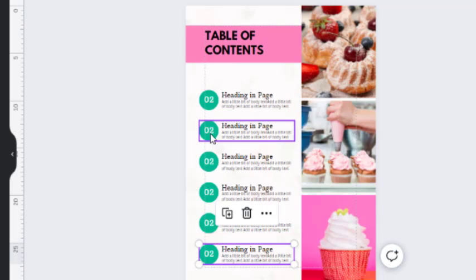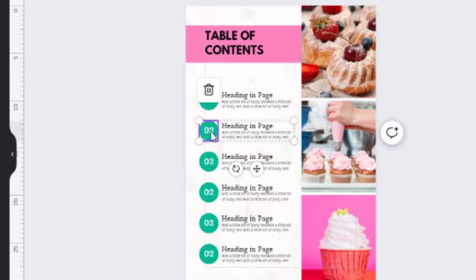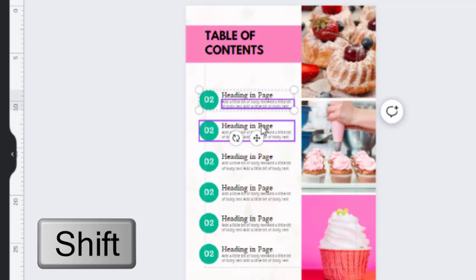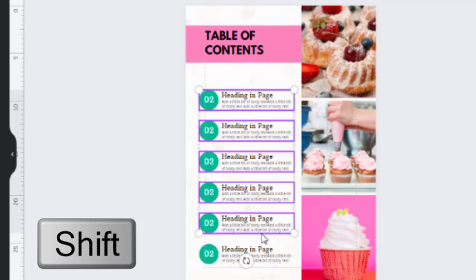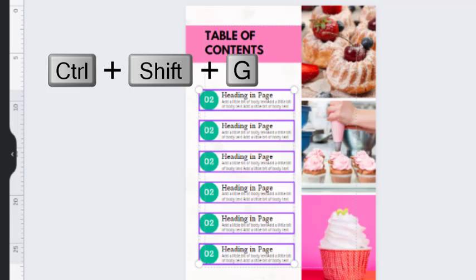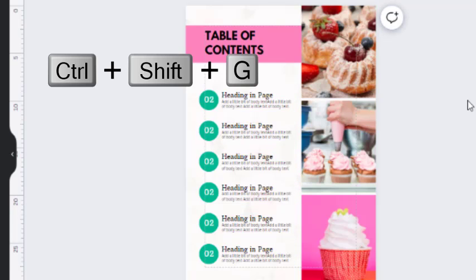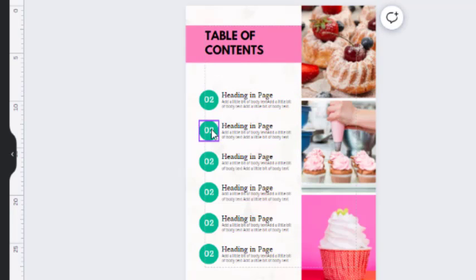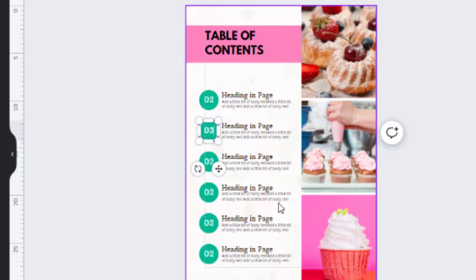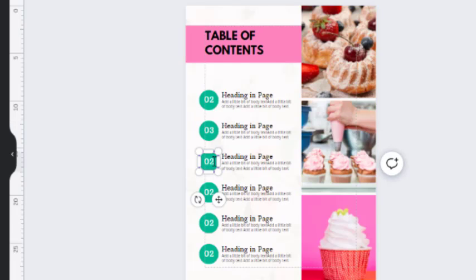I'll just change the page numbers. So if the very first page is page 1, I'll ungroup it. Select it again, hold down Shift and click, Shift and click, Ctrl Shift G will ungroup. All of these shortcuts, I'll give you some list of shortcuts that you use often, especially if you are working on your system. So let's say the next page is page 3, let's say the next page here is page 5, let's say the next page here is page 7, let's say the next page here is page 8. The next page here is page